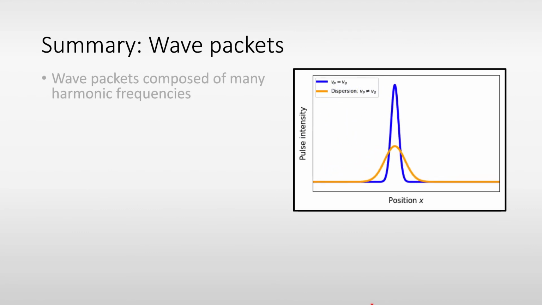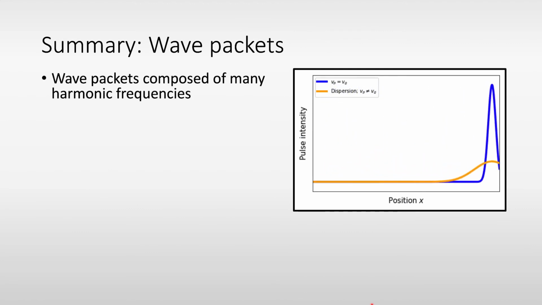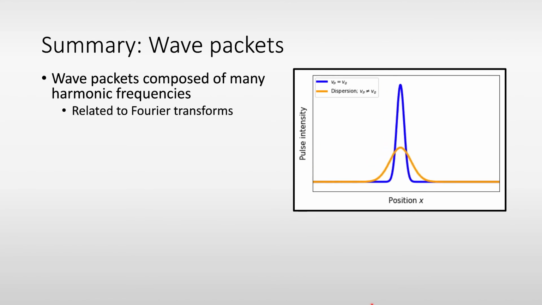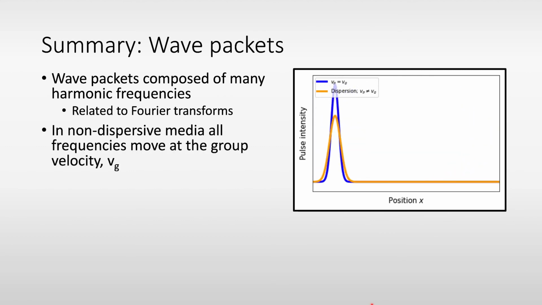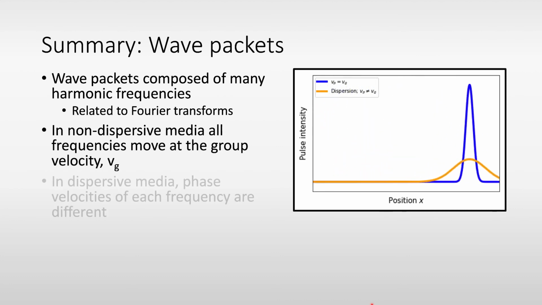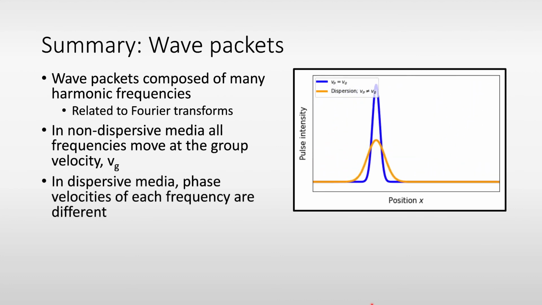In summary, these wave packets are composed of many different harmonic frequencies, and it's related to the Fourier transform. In order to create that non-periodic disturbance, we need to have an infinite sum of harmonic waves to create them, if you refer back to how we constructed a top hat function from a Fourier transform. When we look in non-dispersive media, all the frequencies move at the same phase velocity, which is the group velocity Vg. In the dispersive medium, however, the phase velocities of each frequency becomes different, and the wave packet spreads out